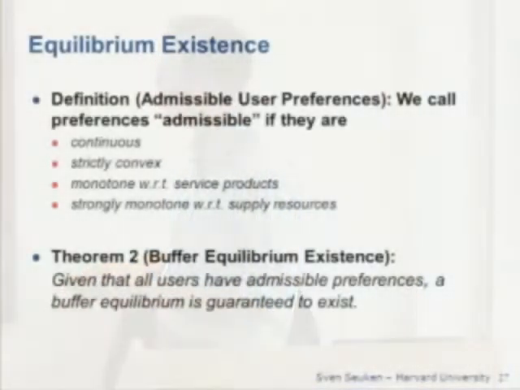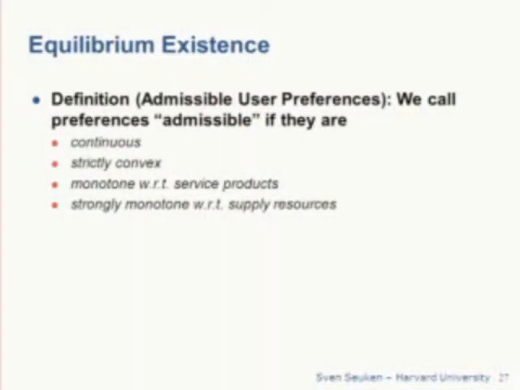For the services, however, that doesn't make sense, because if I let you back up 1 more file, but I don't let you retrieve that file or store that file, then that's useless to you. So we have these strong complementarities on the demand side between the different services that you're consuming. Only if I let you back up 1 more file, store that file, and also retrieve that file at some point, you will be happier. But not with respect to every individual service. You might be strongly monotone with respect to a bundle of services, but not with respect to individual services. Which turns out to be important for the theoretical analysis of the equilibrium.